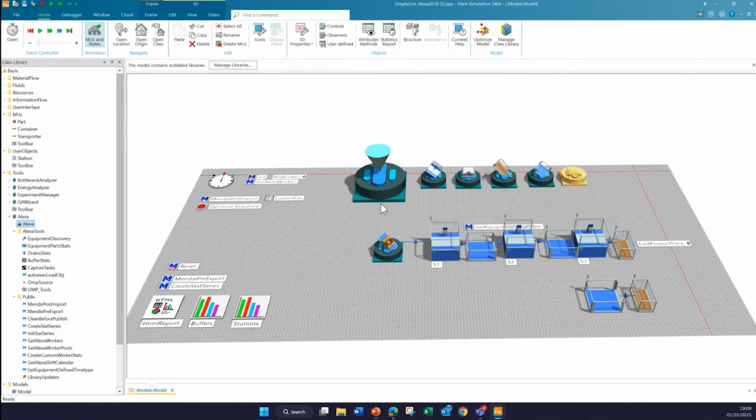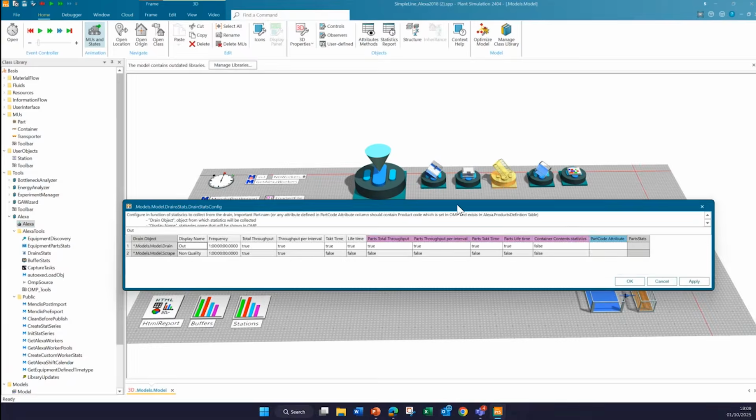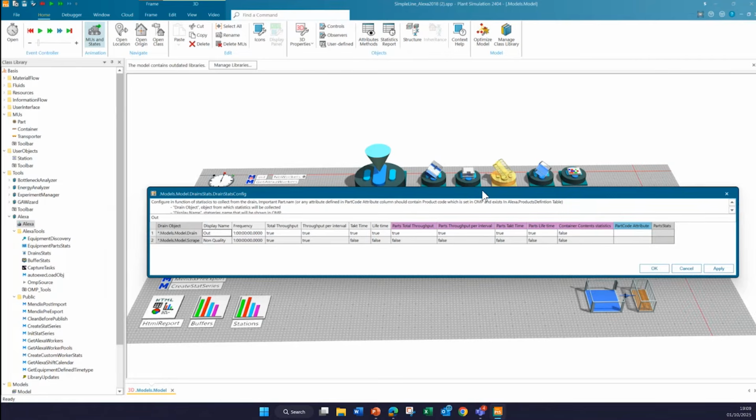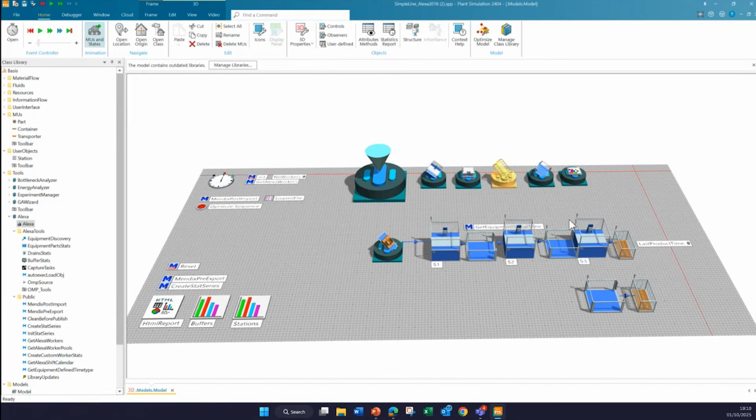So it instantly configures OEE, worker OEE, as well as other tools. For example, if I take the drain statistic tool, it allows you to configure the different drain KPIs with your models. And I will go to the demo later on.